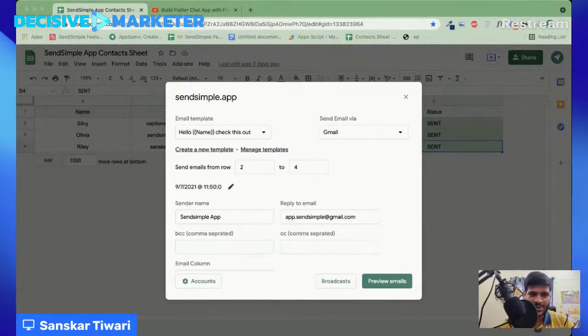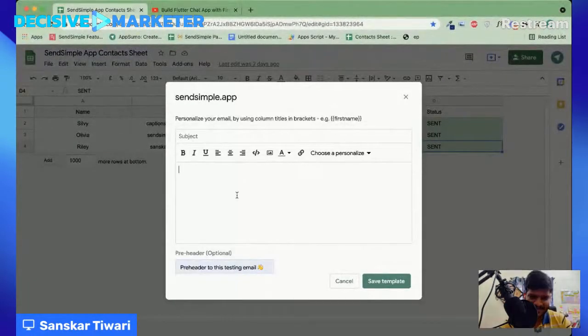I also used their editor where we write the email template. Since I have been a user of ConvertKit, it feels good. When you write an email, it looks good, if you have written emails on ConvertKit, and that is something I wanted with SendSimple as well. If you're writing an email, it should look good, and you should be able to customize it according to your personal needs. So that is something I found missing.